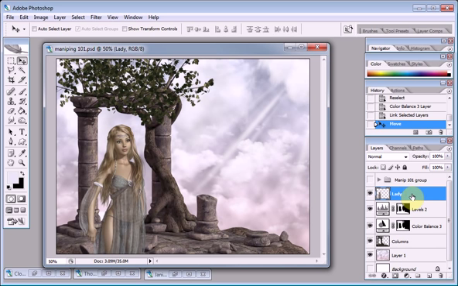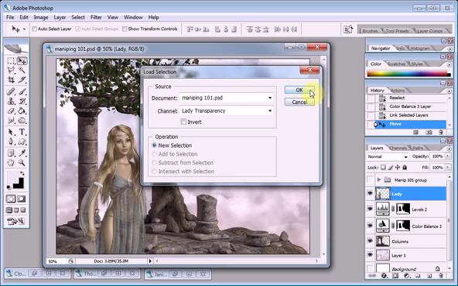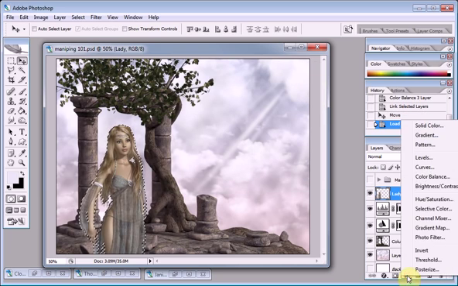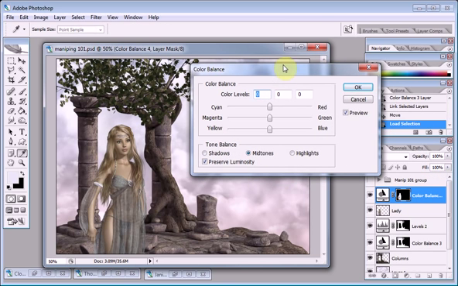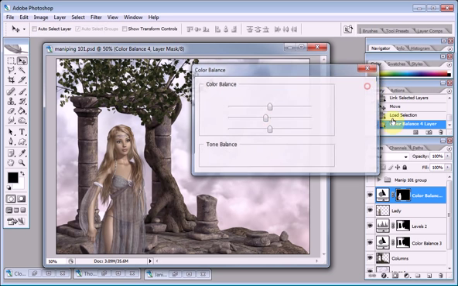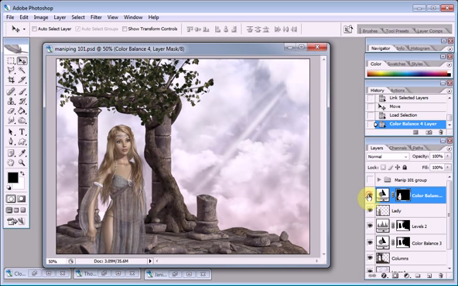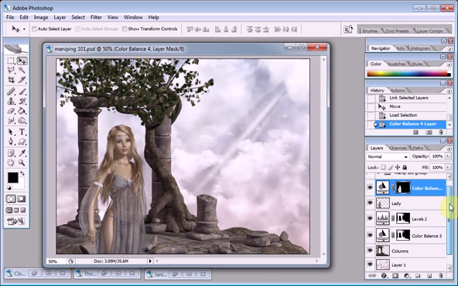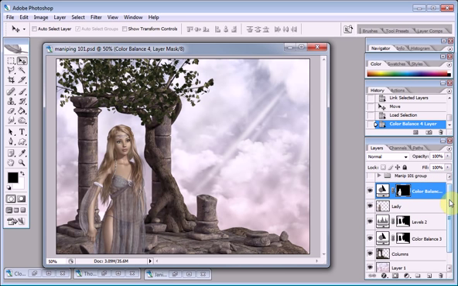Now we're going to go adjust our lady. Her lighting's pretty good now that we flipped her, but she's a little bit, again, to the green side for the rest of the picture. So we're going to, again, select Load Selection. Go down, open up an adjustment layer for color balance, and we're just going to pink her up a little bit. Not a lot, just enough to make her blend. As you can see, it's a subtle adjustment, but it just makes her more part of the picture. Now we've done our basic composing and sizing and scaling,